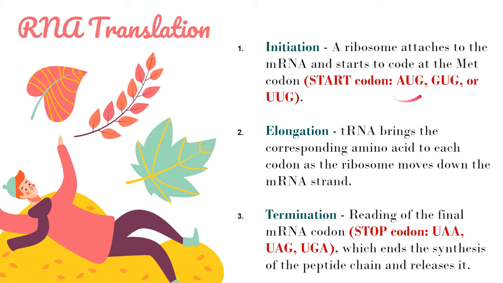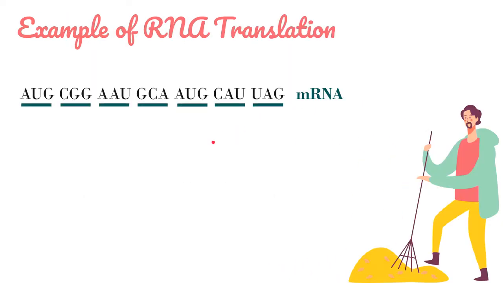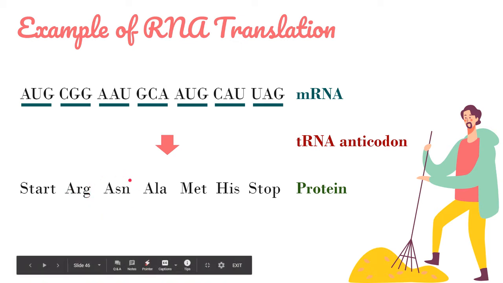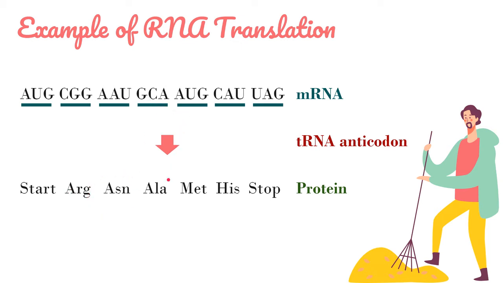So this is the most common start codon, mostly used by eukaryotes. While some prokaryotes use GUG or UUG, the most common is AUG. So it means that you start the amino acid chain, followed by CGG, which corresponds to the amino acid arginine, AAU, which corresponds to the amino acid asparagine, GCA for alanine, and then if you find AUG